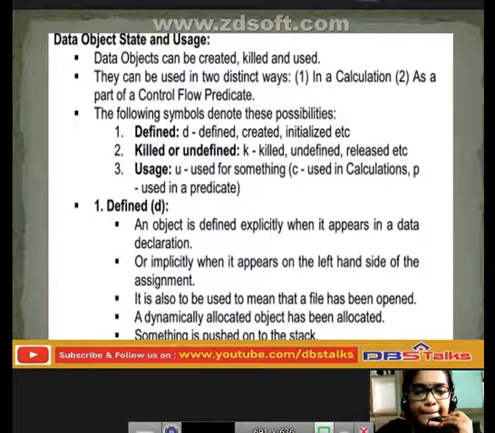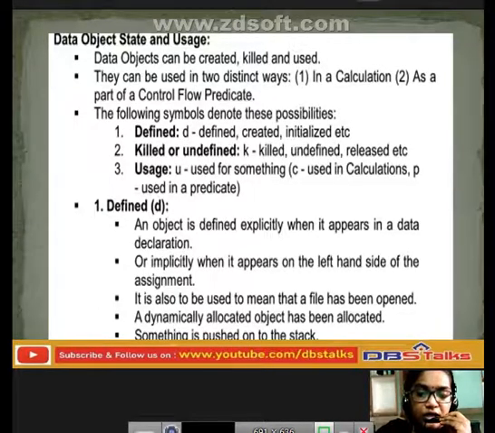An object is defined explicitly when it appears in the data declaration, whenever you declare the data, or implicitly when it appears on the left hand side of the assignment. Whenever you assign the data object, it appears implicitly.